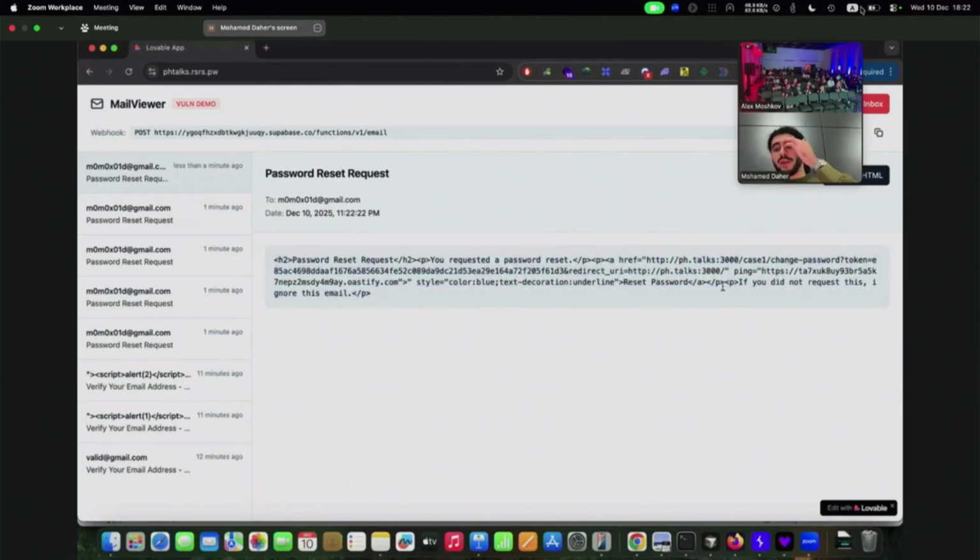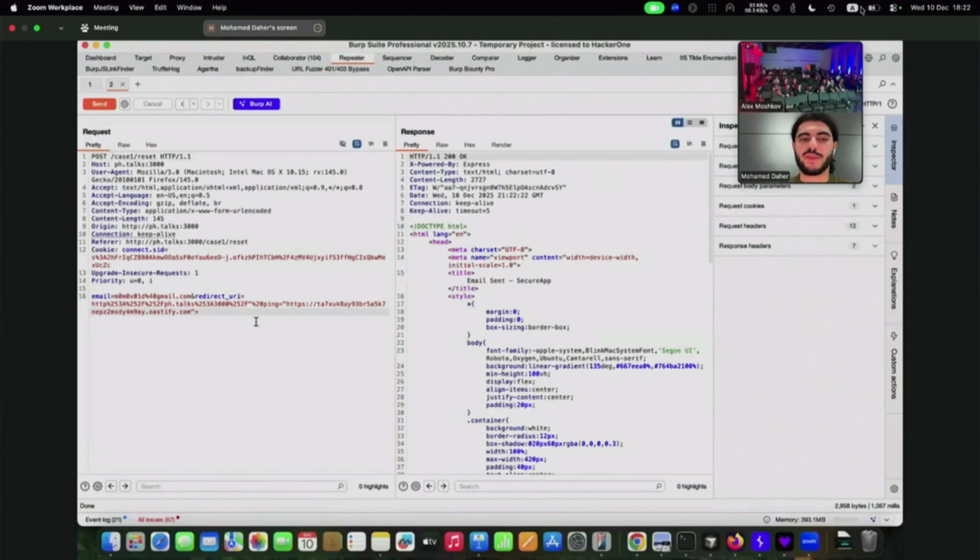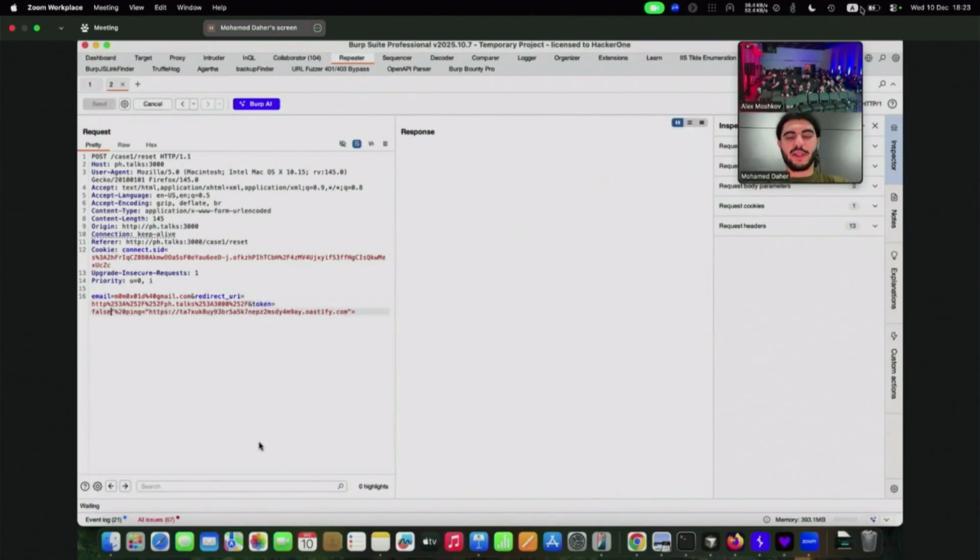But the problem is, let's say the victim clicks on the link. What if he actually uses the token and resets his password? It's true you are going to receive the ping back with the link, but he will be using the link already, so the token will be useless. This is where the HTTP parameter pollution comes in. So here, if we add &token=falsetoken and send it,